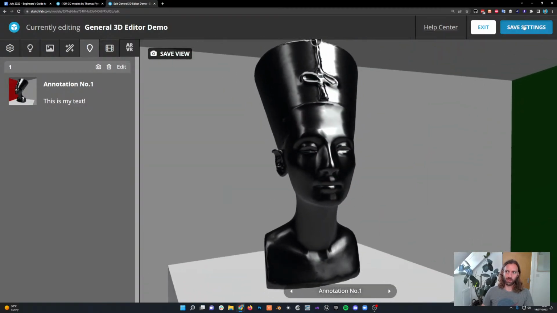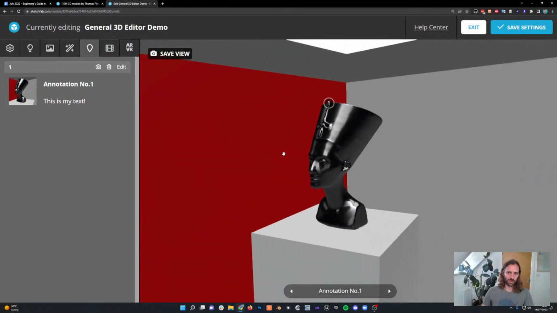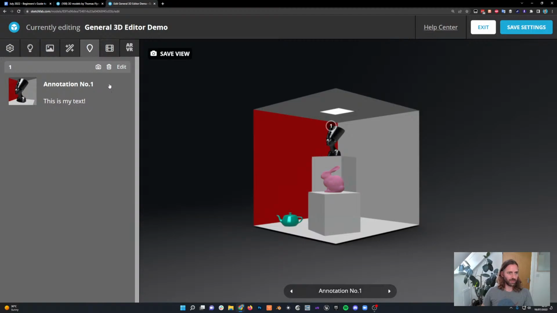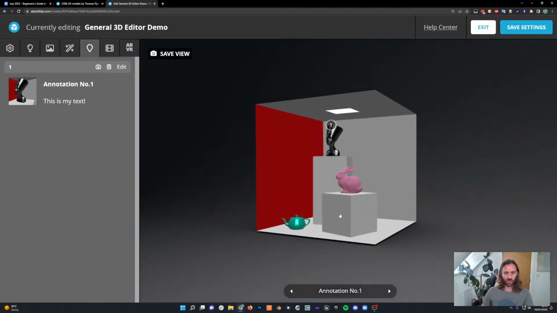And that's all saved. Again, maybe I'll just save the settings as well. Whenever you're doing stuff and you're happy with it, hit that Save Settings button so that you don't lose anything in case your browser crashes or something like that. So that's adding an annotation. We can do the same thing for other